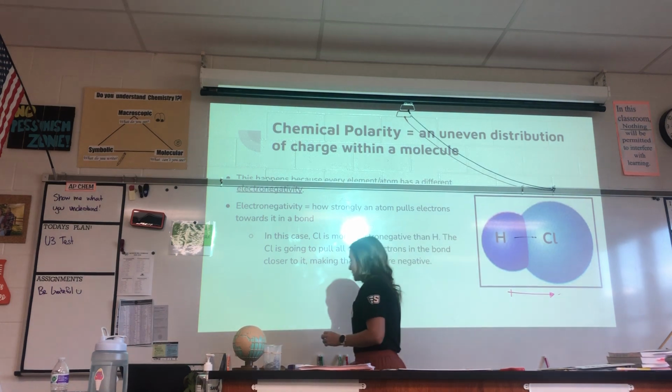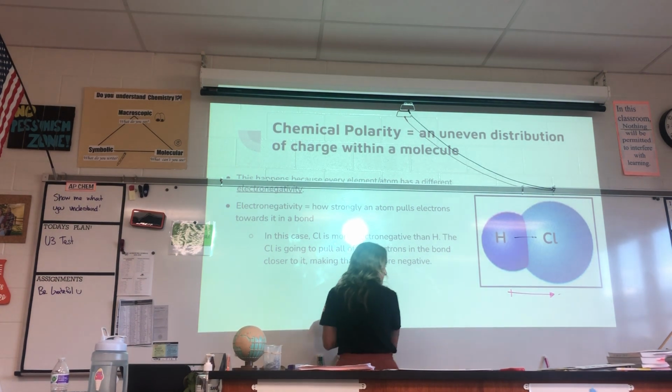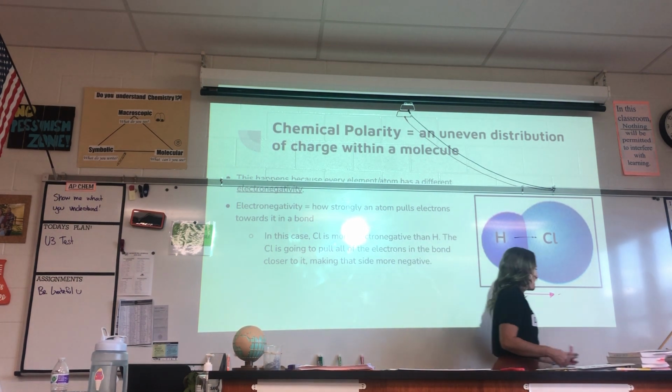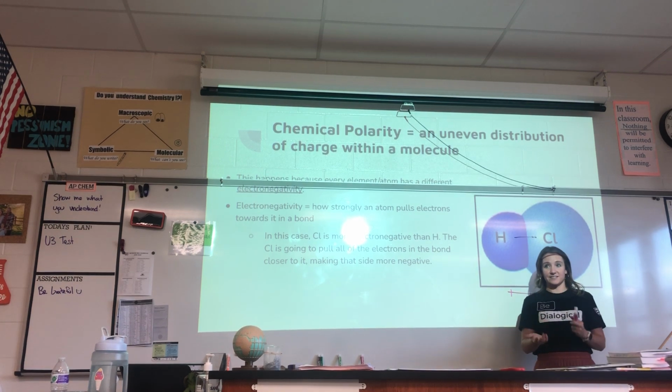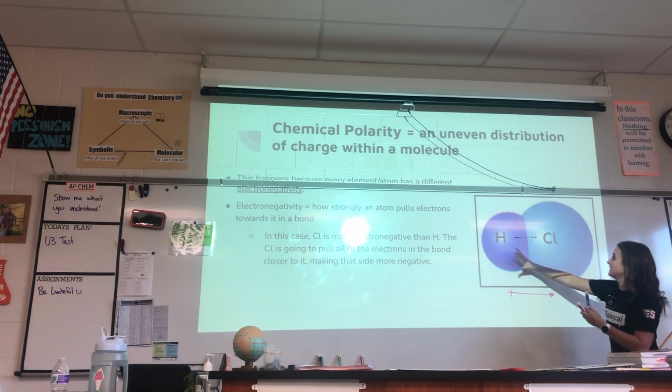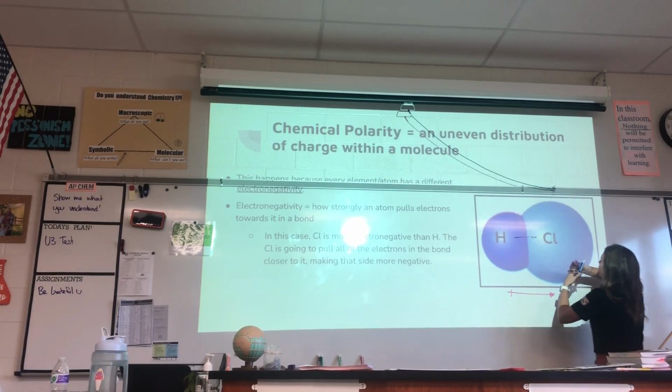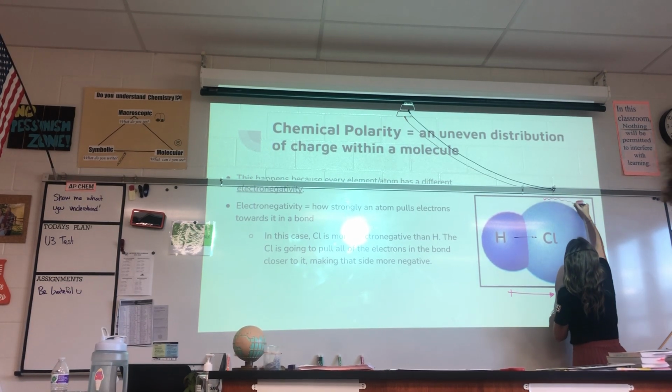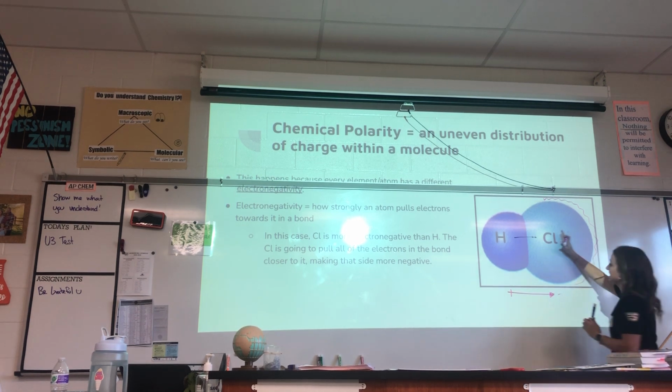Pink is going to be for the negative side, and blue is for the positive side. So what I'd like you to do is with your blue one and your pink one, this side is the negative, so you're going to draw a fuzzy little electron cloud showing this side is negative,